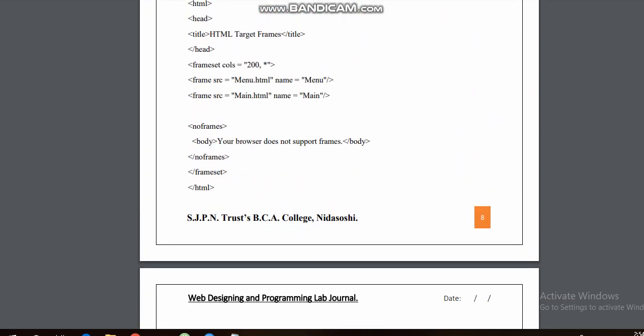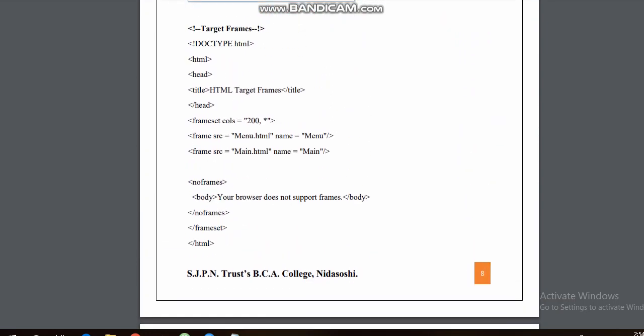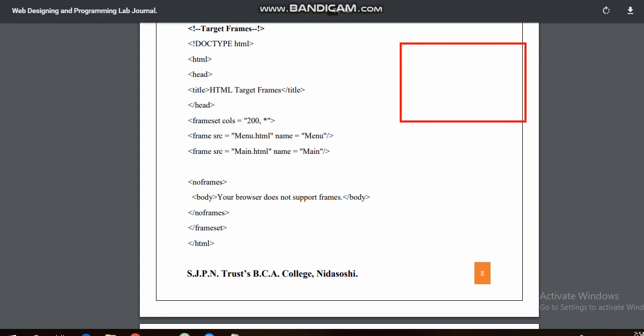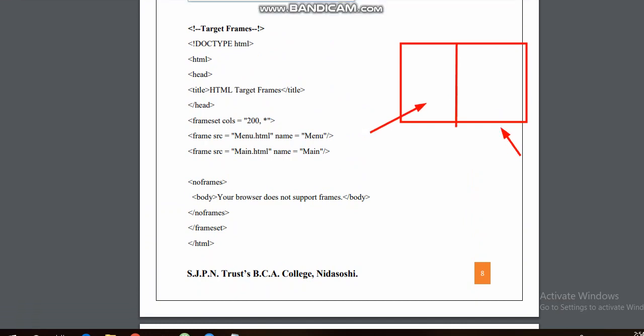Please do practice. This is the target frames. As I told you, these two frames are created, and one is menu. So this is menu and this is your main frame. For the outer frame, we are writing this code.